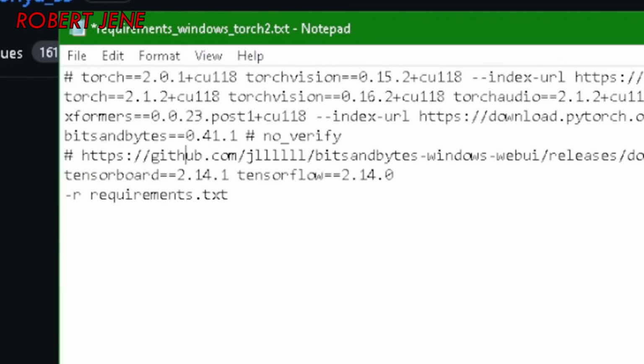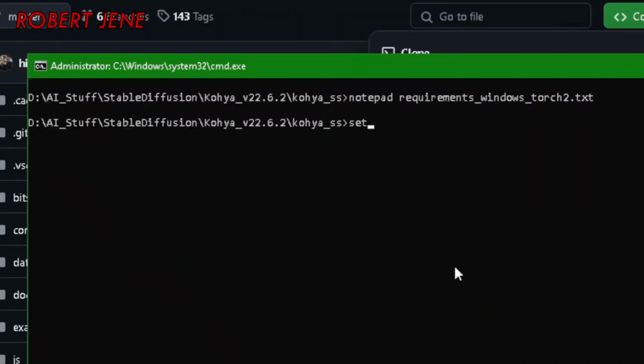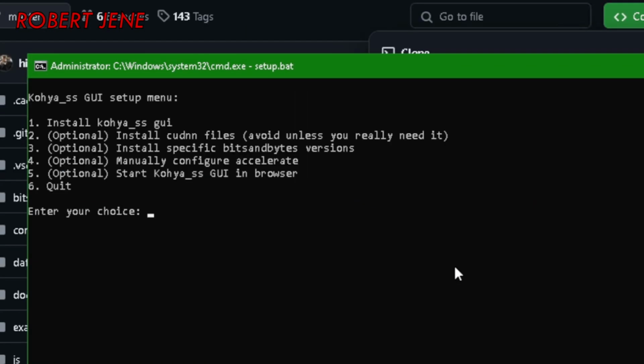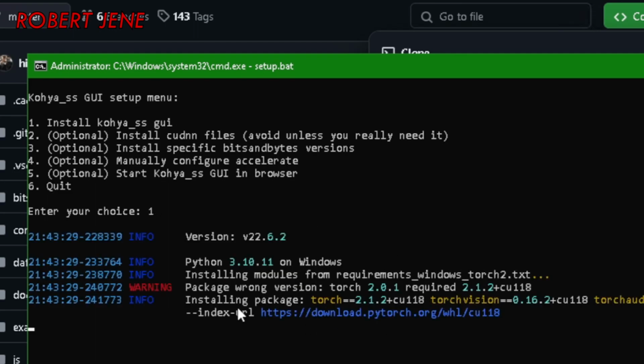He changed it from whatever version it was to 0.41.0, just like that. So you would hit Control S and then close it. Now you want to type setup.bat and press enter and choose option 1, which is install Kohya. This takes a few minutes, so you can walk away and do something and come back, but it's not forever